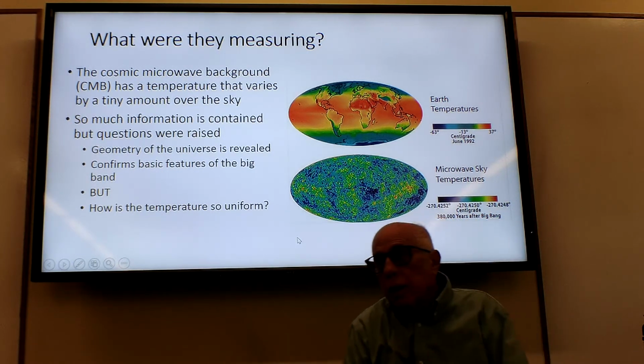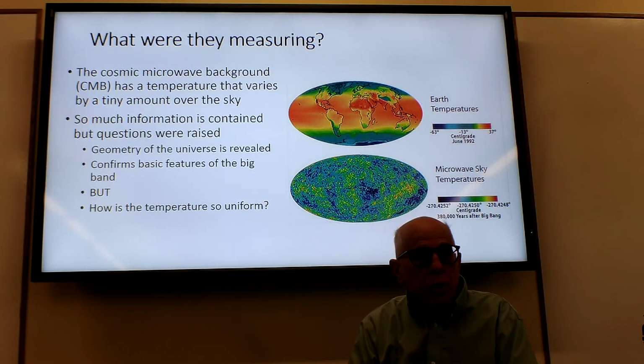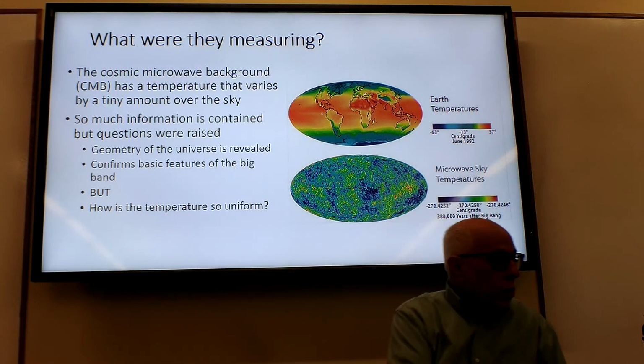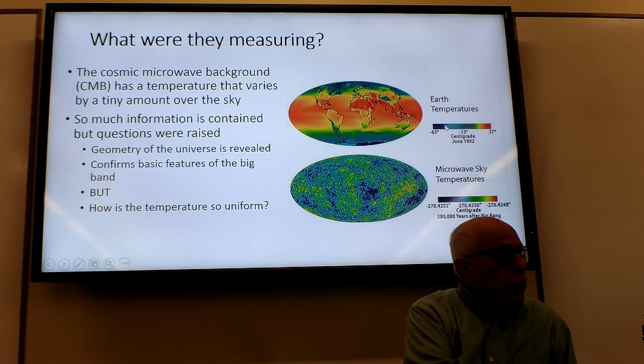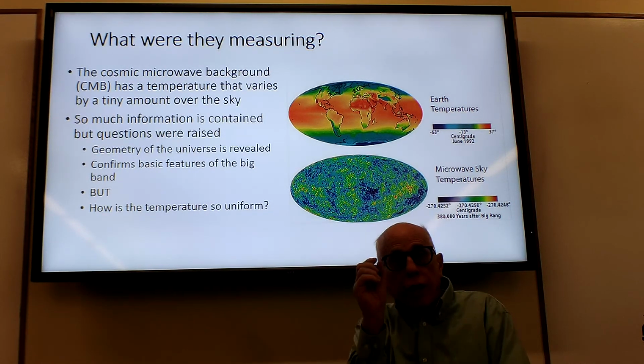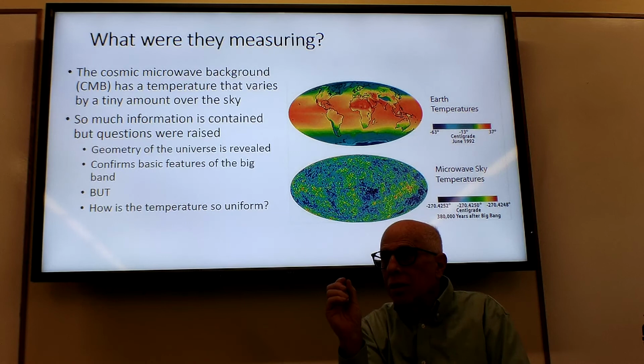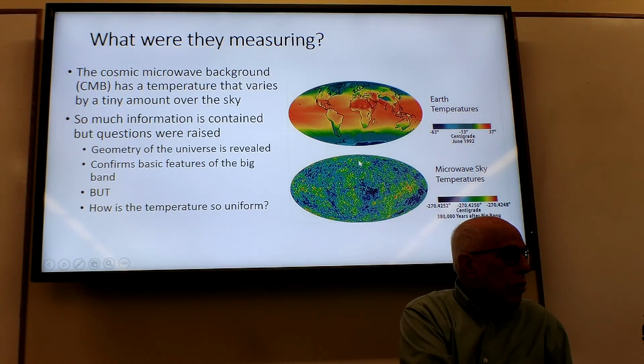This drawing is showing the same thing, and it shows the distribution of temperature on the sky measured originally by Penzias and Wilson. And notice the temperature range here. Here, the temperature ranges from -63 centigrade to 37 centigrade, so about 100 centigrade. Centigrade degrees and kelvins, the scientific degree, are the same interval. Now, let's take a look at the range of temperatures, the hottest and coldest points here. This goes from -270.425 to,